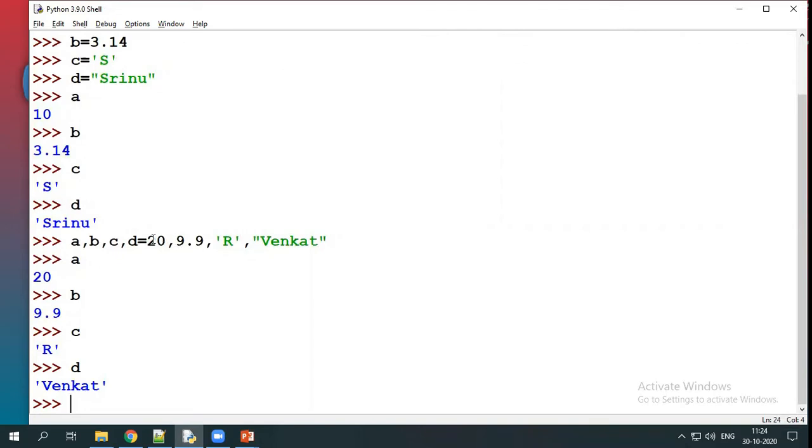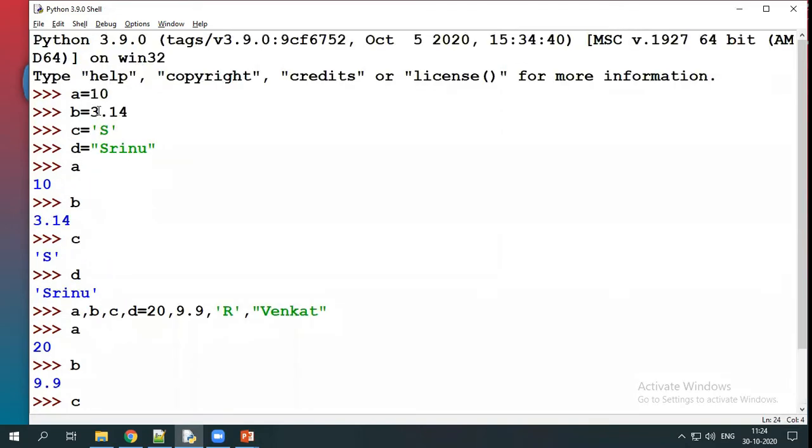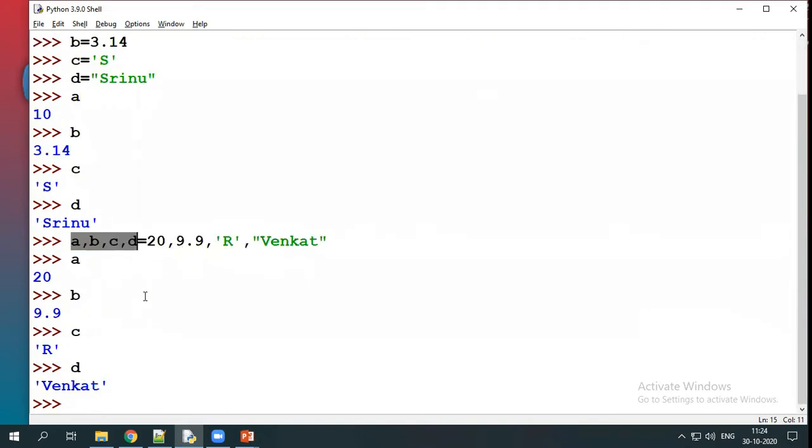We directly gave values to these variables a, b, c, d. Each value is assigned to each variable. Here at a time we can assign multiple values to multiple variables. These are directly assigning values.